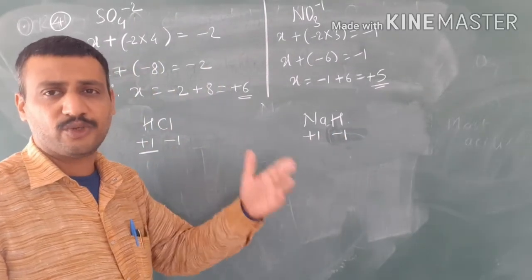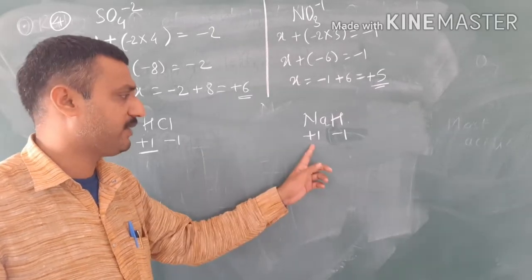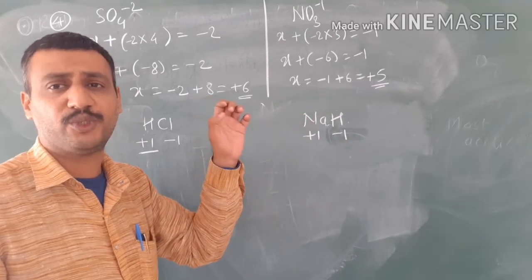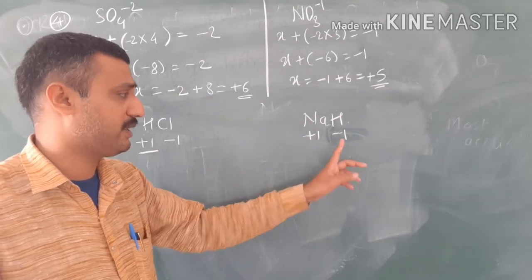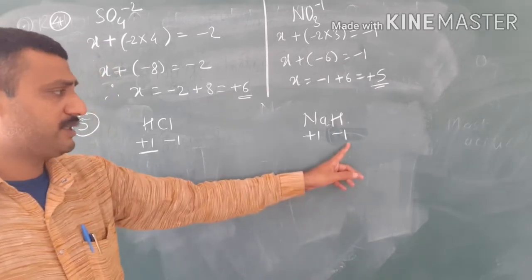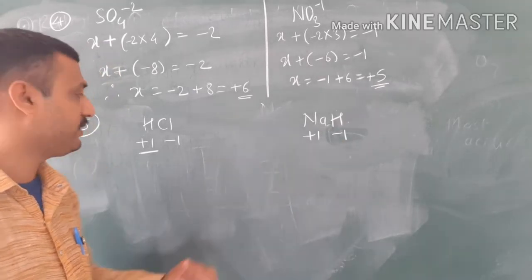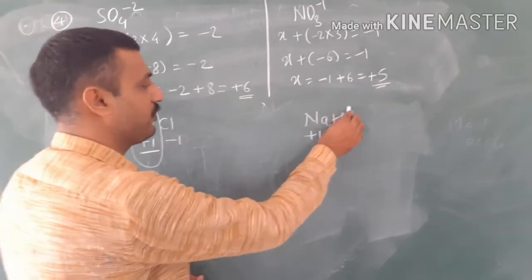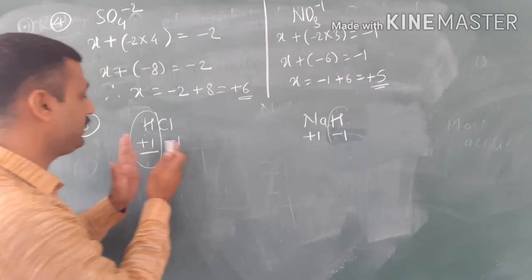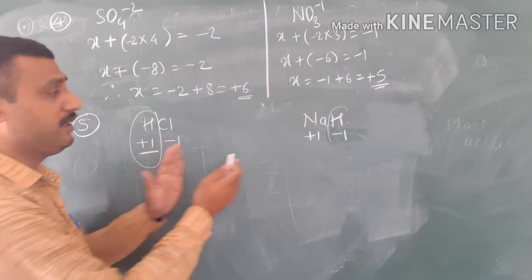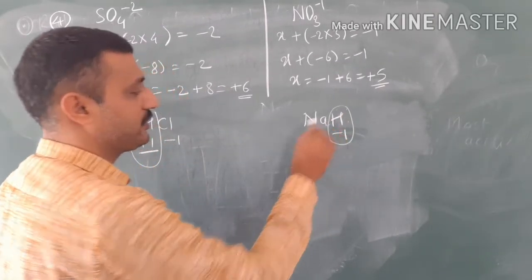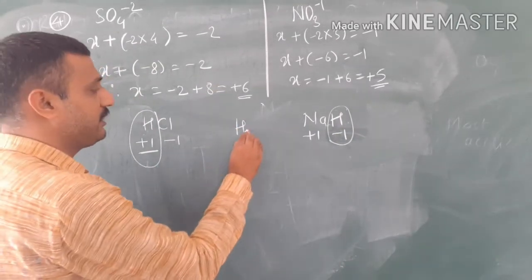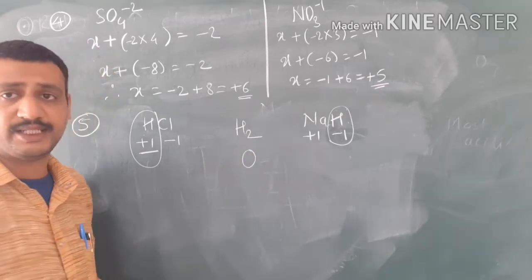Metals are electropositive and can lose electrons easily. That's why their oxidation state is +1. As compared to the metals, hydrogen has more electronegativity; 2.1 is the electronegativity of hydrogen. So it is -1. So what's the rule? Whenever hydrogen is along with a non-metal, its oxidation state is +1. Whenever hydrogen is along with a metal, its oxidation state is -1. And in the first rule I said that hydrogen in its elemental state has an oxidation state of 0.